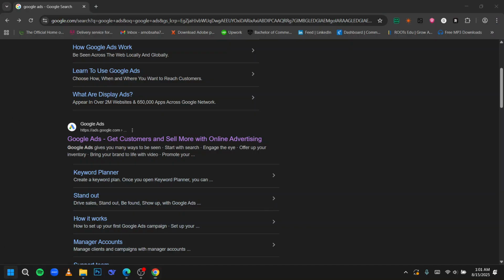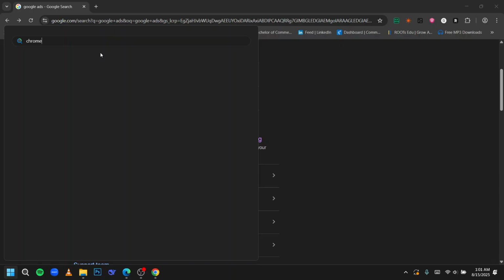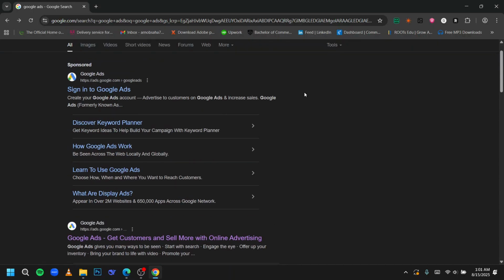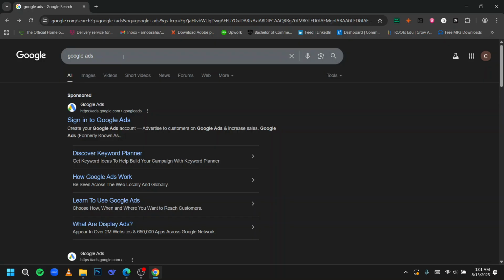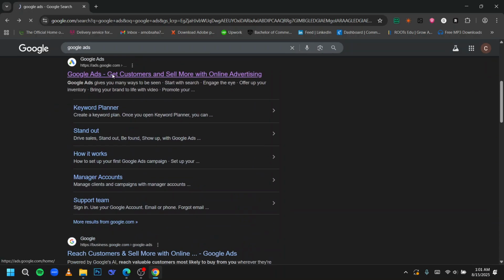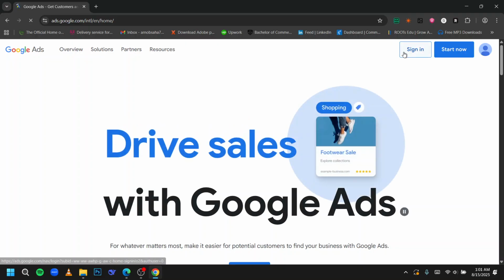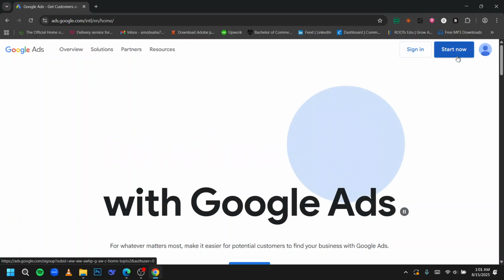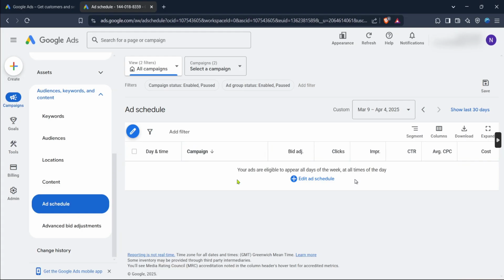So for this you have to go to the start button, then simply type in Chrome or the preferable browser that you would like to use. Then simply type in Google Ads in the top navigation bar, and go to Google Ads, and here you will get the option of sign in and start now. So select according to your preferences from there, and once you have signed in, you will get this interface